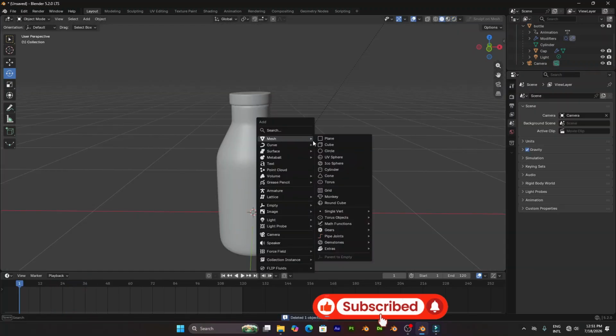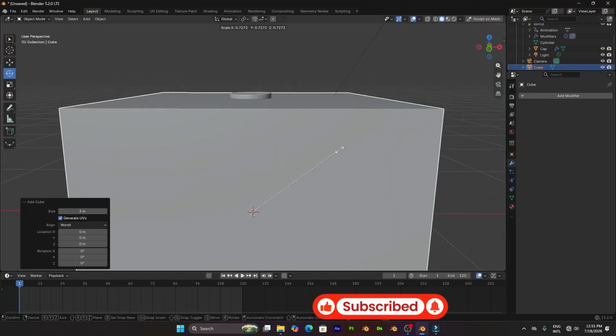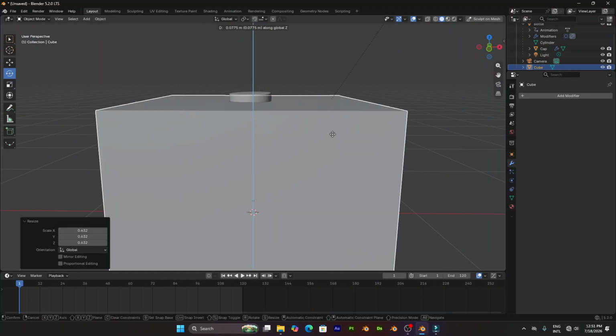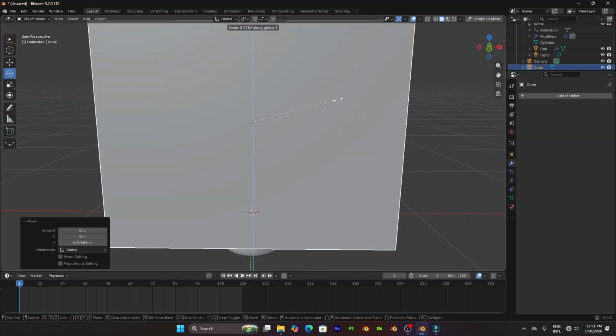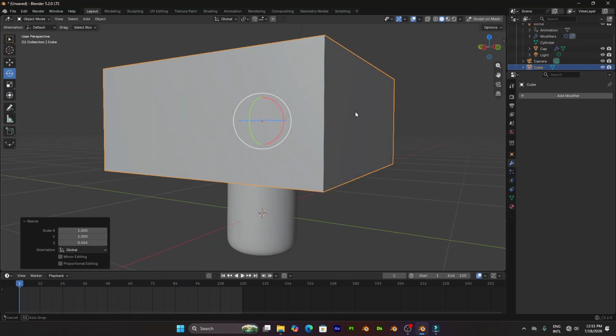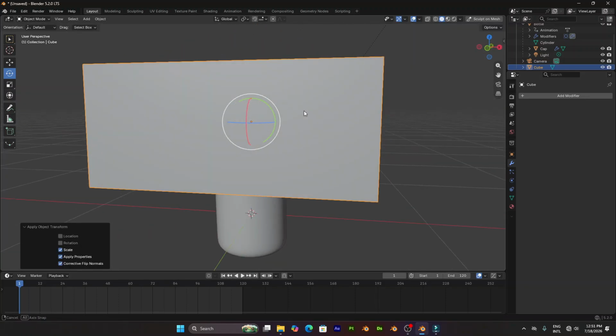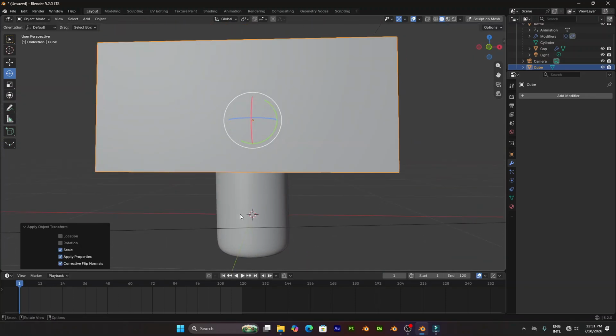I will press Shift A and add a cube, S to scale it down, G Z to move it up, S Z to scale it on the Z axis, Control A to apply the scale, and then we select the bottle,